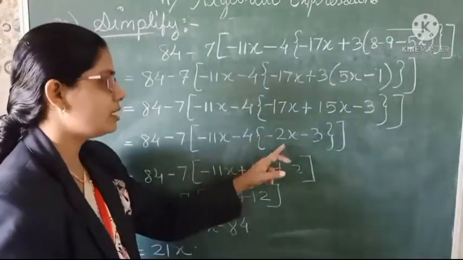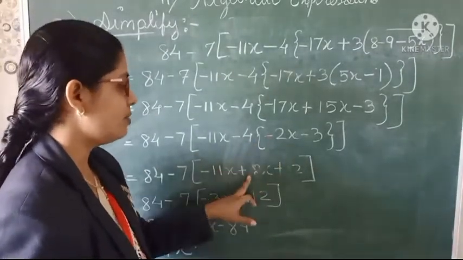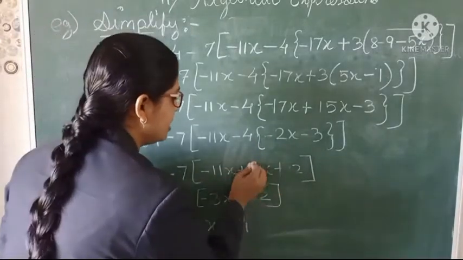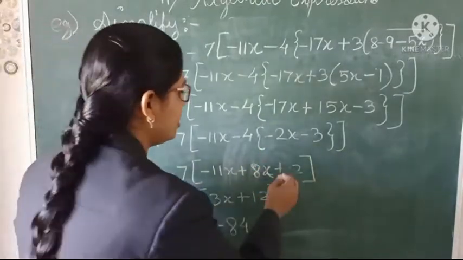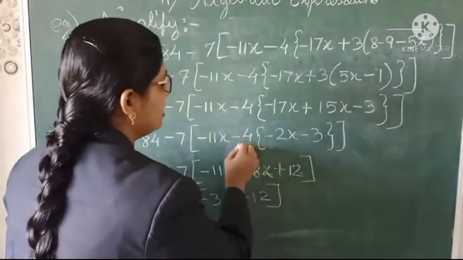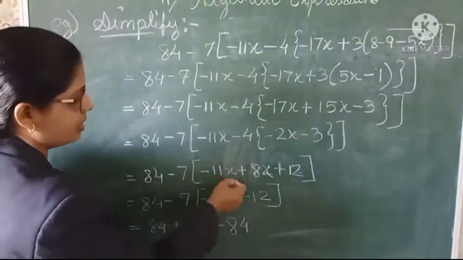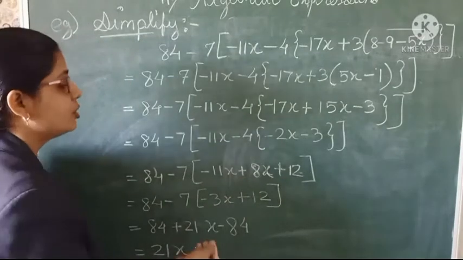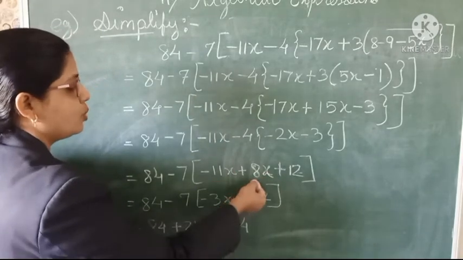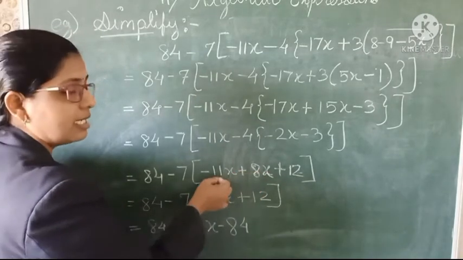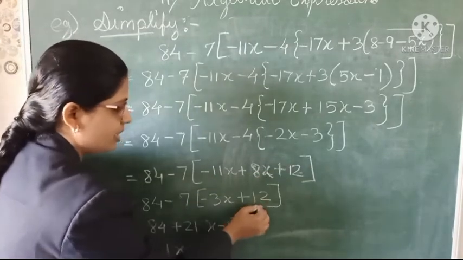Then now we can remove the curly bracket by multiplying by negative 4 inside the bracket. So negative negative will be positive, 4 2s are 8, so it is 8x. And negative times negative 3 will be positive, so it will become plus 12, 4 3s are 12. Now next we have to see whether any terms are related or we can combine them. So negative 11x and plus 8x we can solve. 11 minus 8 is 3, and the greater number's sign we have to keep. So negative 3x and this 12 will be as it is.